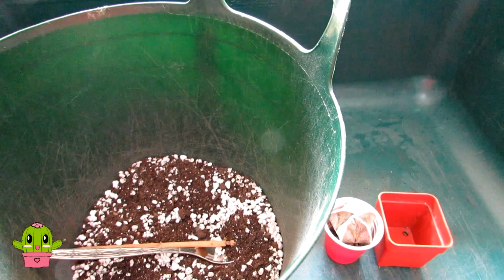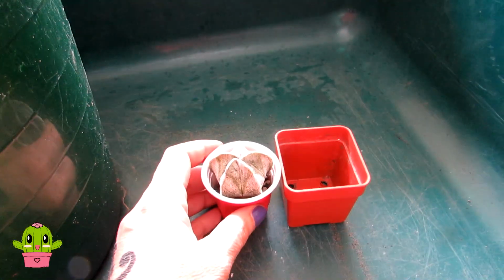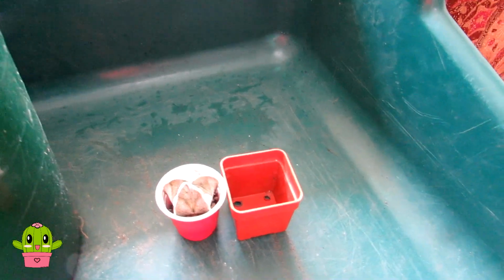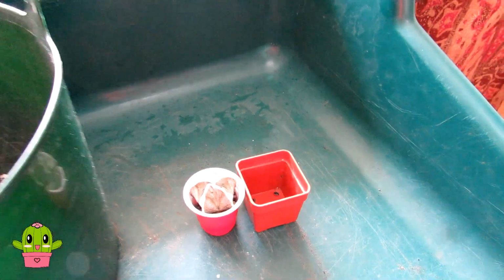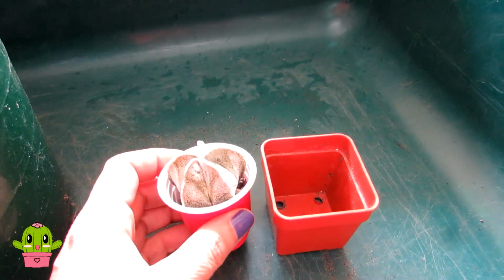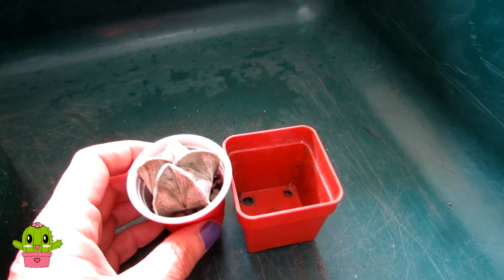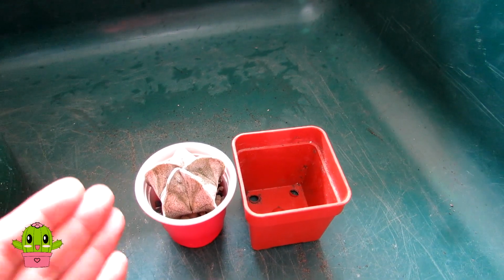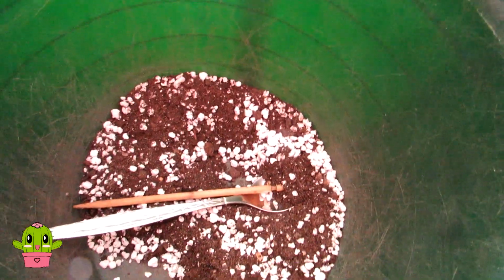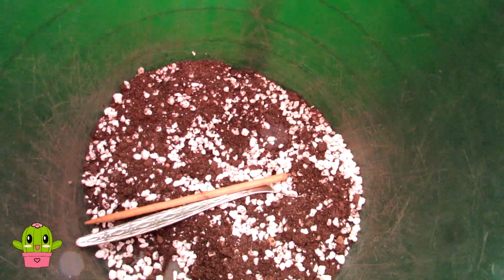And here is the soil mix I've made up here. Now, if I was potting this little Astro into a much bigger pot, if it was one of my older Astros, I sometimes use a tiny pinch of limestone in the soil, because that helps with certain types of cacti, including Astrophytums. But because I'm only really potting this up into a little sized pot, no doubt I'll have to pot this up again next year. I'm just using my traditional cactus mix, which is a very well draining soil of around 3 equal parts of